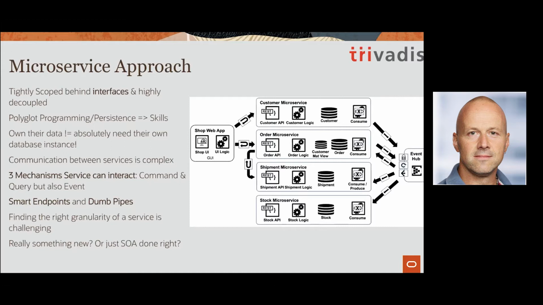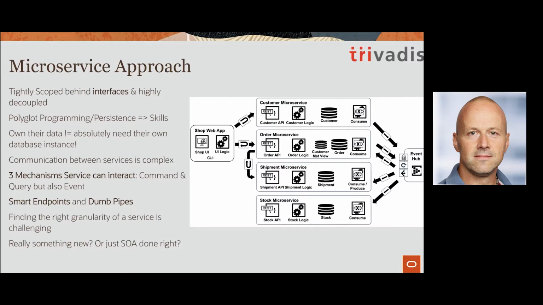So it should be only one microservice owning some data. And it doesn't matter if this data is in a completely different instance, or if it's in one instance and you have some separation based on schema, which we already have in Oracle databases and have used for a long time, or if it's something else. And of course, you have the freedom as a microservice team to choose the best tools for your job. That starts with the programming language, but it also ends with the database.